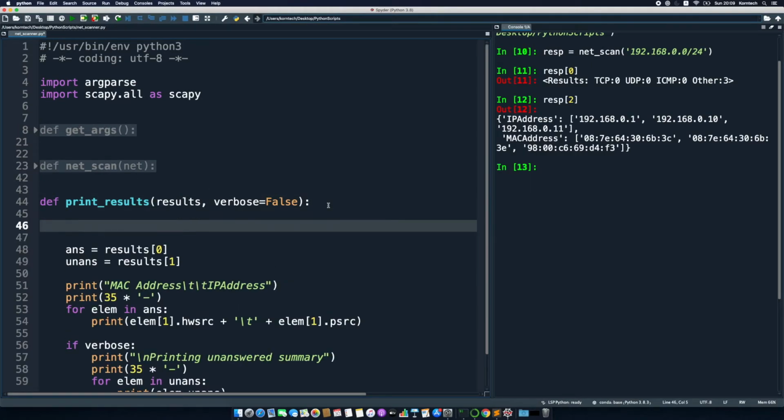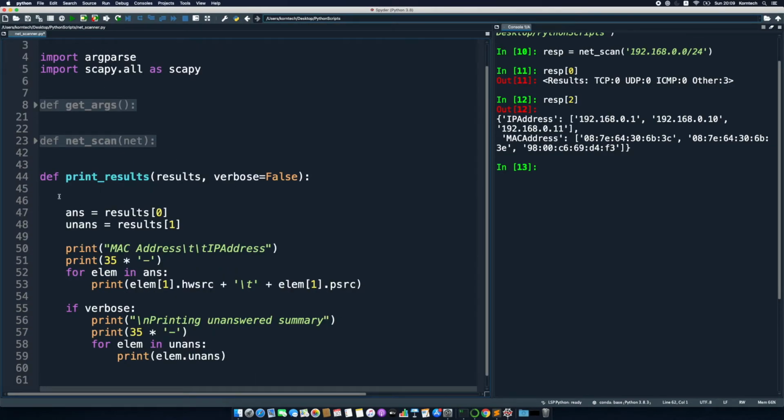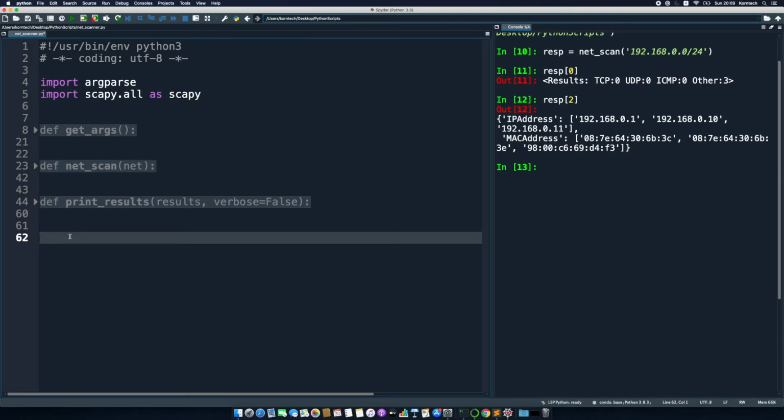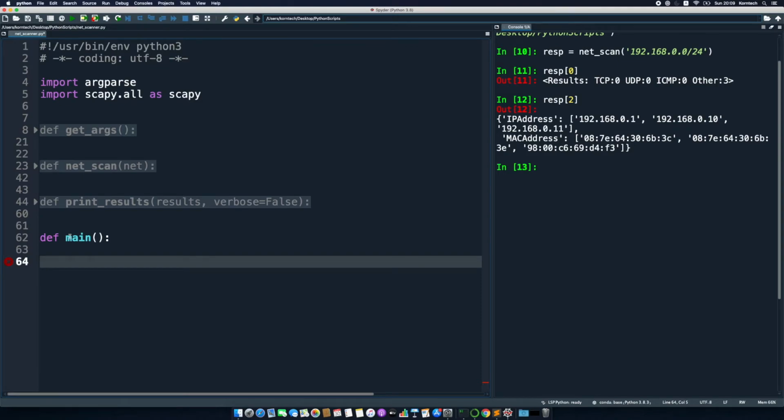Okay, so I'm gonna hide this as well. And now we will take a look at the last step. So we'll carry on with the last step, basically, and this is our main function. So I'm gonna say def main. So we're almost ready, so bear with me. We're gonna say args, and here we're gonna take the return values from our getArgs function. So this will be our values provided on the command line. I'm gonna say getArgs,